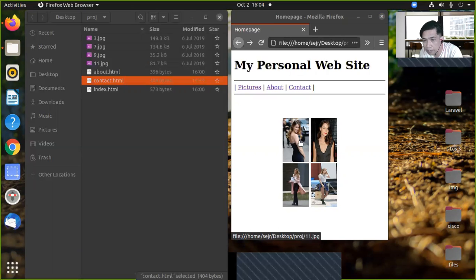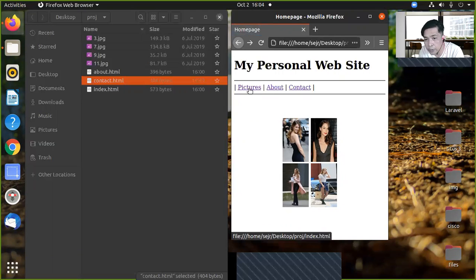So apat na picture yan. So dagdagan natin, gawin natin 8 pictures, ipapalit natin. So dadagdagan nyo pa ng additional 4 pictures na picture nyo ang gagamitin natin. So you have here 8 pictures pag sinabit nyo sa akin. So by default, ito ang madi-display, which is the home page. So that is the pictures.